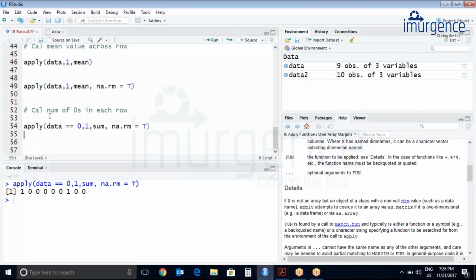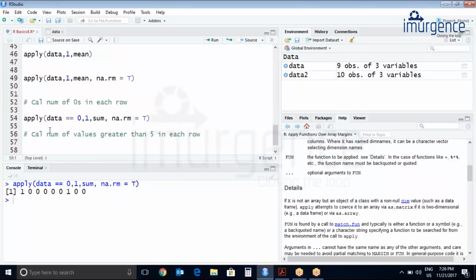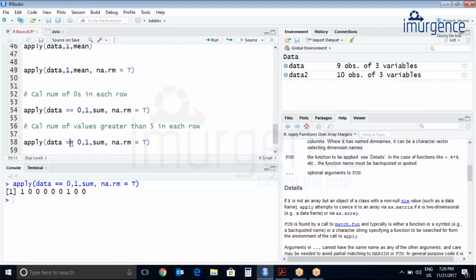Now let's do something else. Calculate number of values greater than 5 in each row. We calculate those values which are greater than 5 in each row. So let's do control C, control V. So I'll just change this thing.